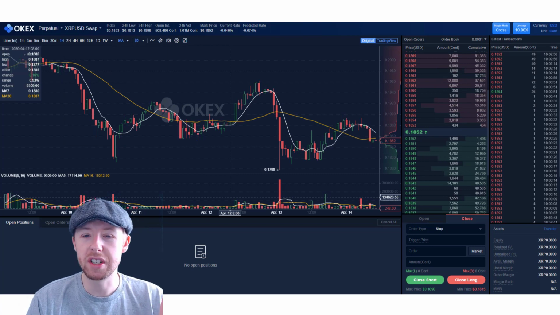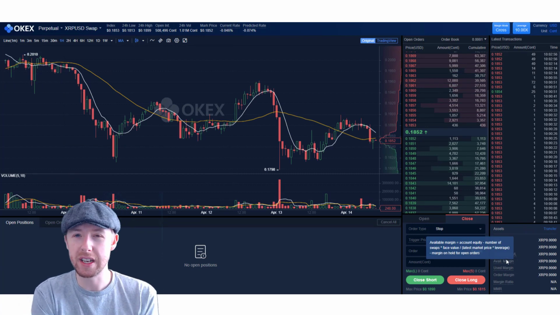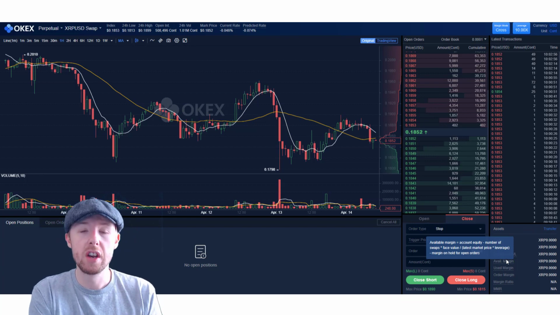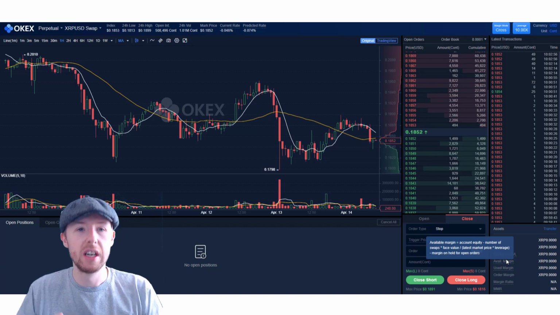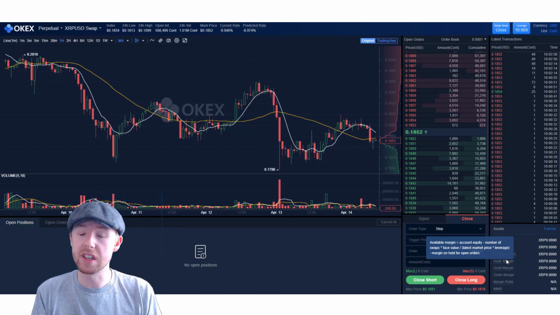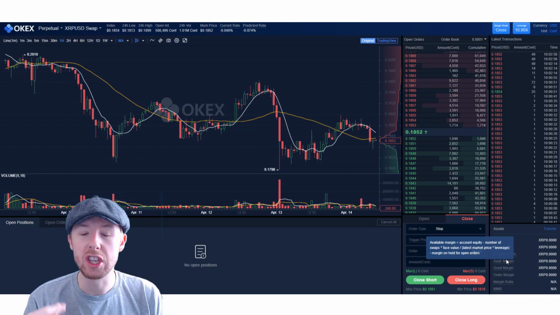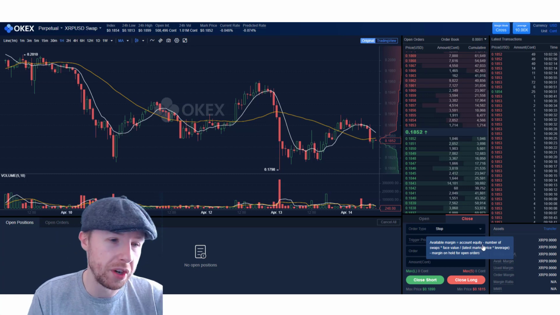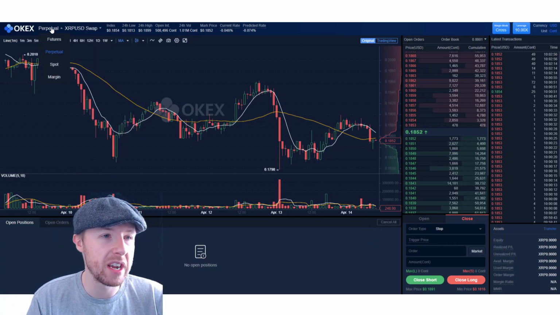The one thing you've got to do though is transfer over funds. So you go to the transfer version, you transfer over the equity from your spot account or your funding account into your margin account. And the one thing I like about this as well, which is better than most exchanges, is they do a quiz. A quiz sounds a bit weird saying that, but they do a quiz to highlight that you as a person know what you're doing, which is vitally important. Not everyone does. And these videos come in very, very handy for people that don't.